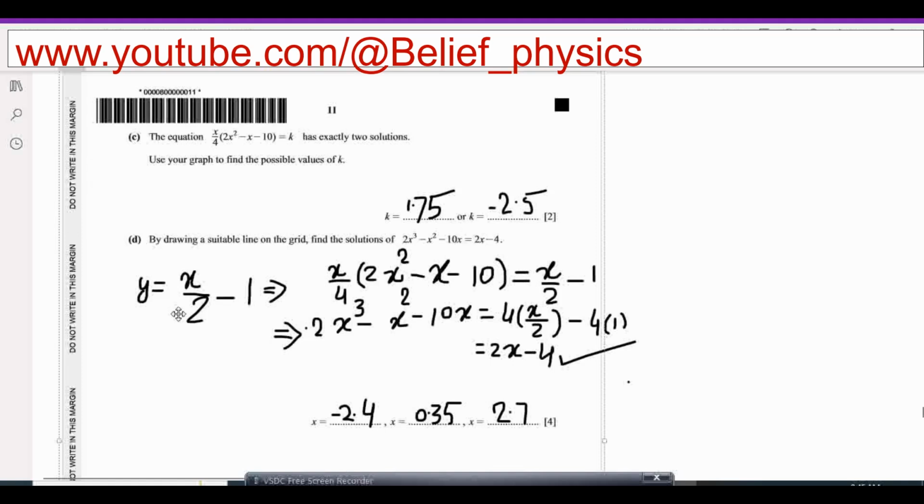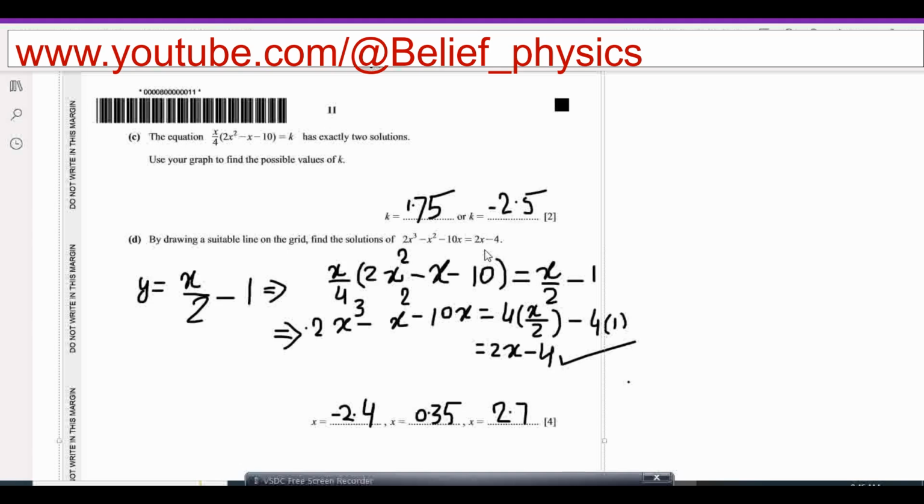Next, by drawing a suitable line on the graph, find the solution of this. For this, 2x minus 4, the original equation was like that. It means x has been multiplied inside, and when multiplied by x, we get 2x cube minus x square minus 10x is equal to 4 into k, which is 2x minus 4. So we have to find this k. We have to simplify it to find